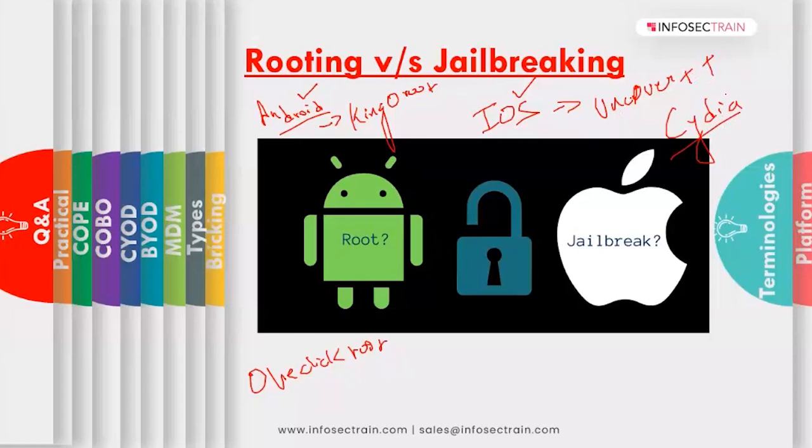Cydia is a repository from where, you can say that after jailbreaking an iOS device, you get an app store, right? So you have only the iOS store in iPhones, right? But Cydia is again another app store that you will get,